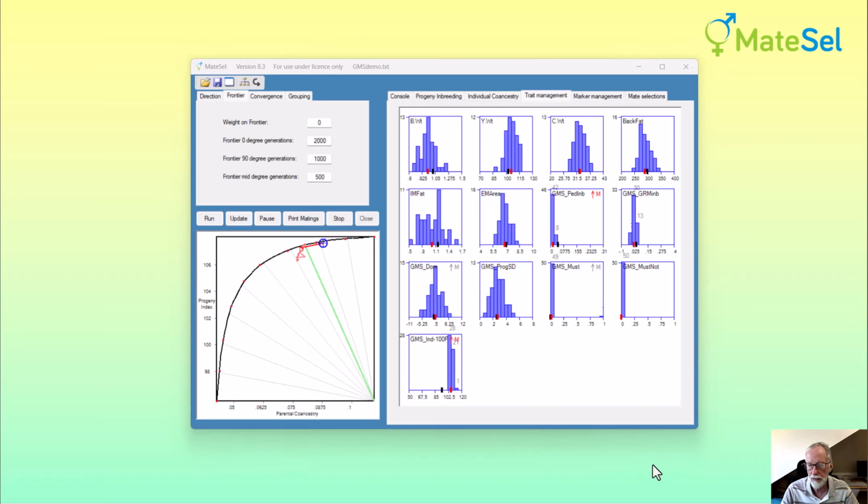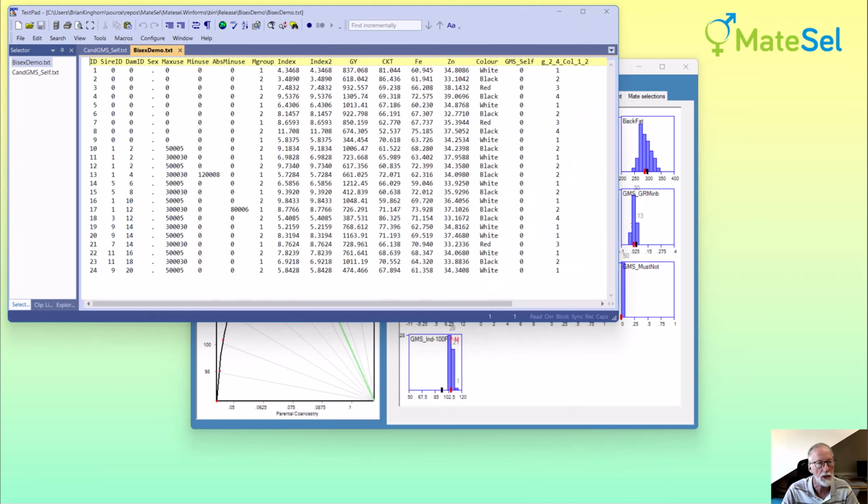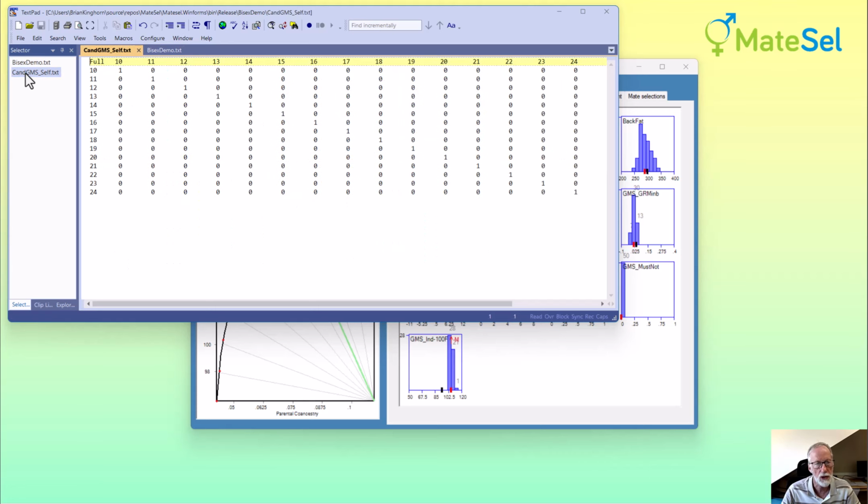And lastly, I'll give a demonstration of a little bit of control over selfing in our simple bisex demo plant example. So here, for those of you who are not familiar with it, this says that individual 11 can be used 30 times as a male plus 30 times as a female. So the non-additive trait I've added there is called GMS_self, and all the EBVs are 0, and that's because everything we want to do is to control selfing alone, which is to do with the interaction between an